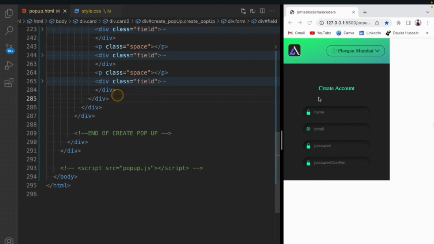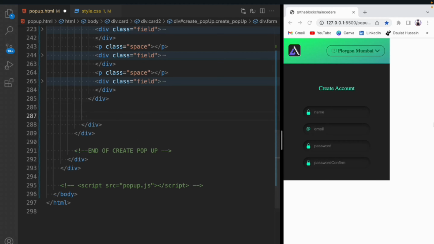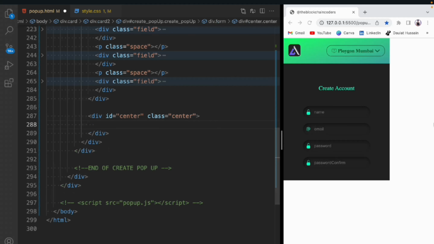Now we can take the button. So we can come here, we'll take a div. It will have an id called center. So instead of taking button, what we can do is when the user will click, we have to display our loader. Okay, so that's what we're going to do. So let's assign an id to center, then we'll assign a class to center, and in that we're going to build our loader. So we'll take a div. It will have a class called loader,